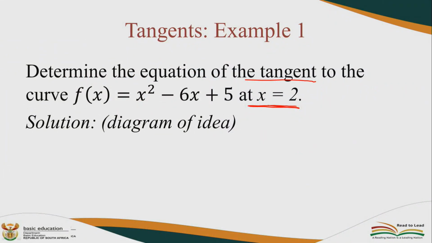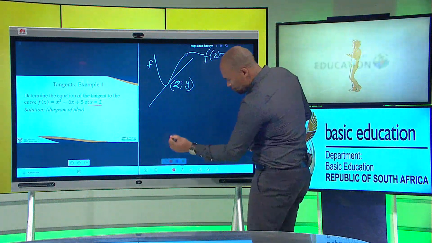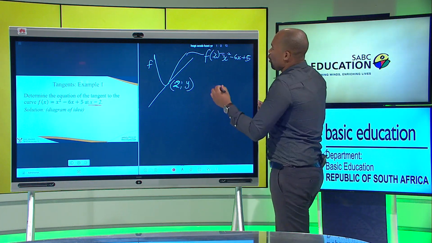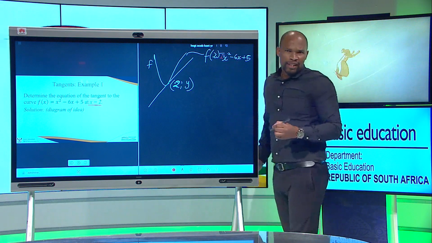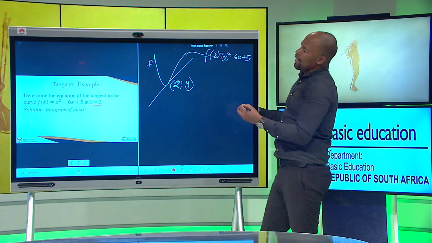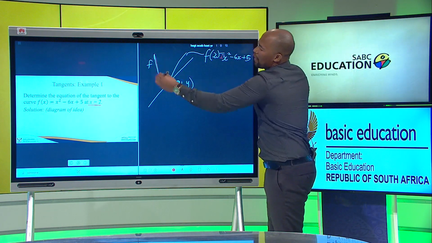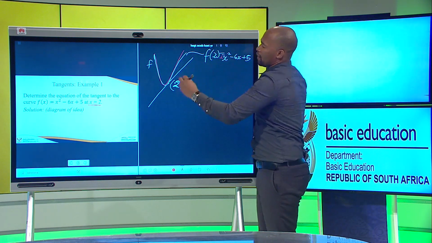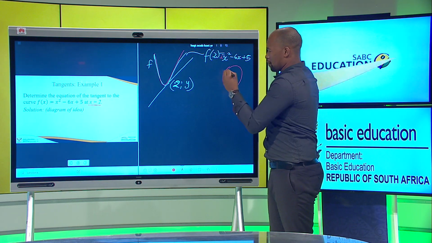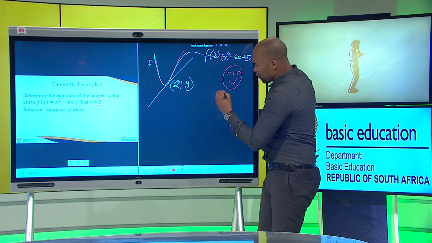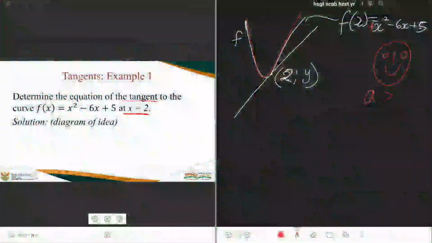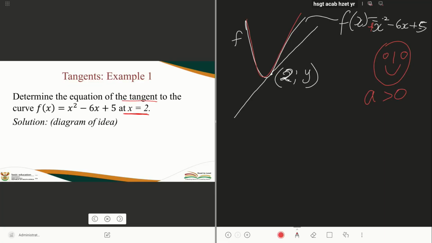Solution. I'm having an idea of a diagram. Going back to previous grades, let's say grade 11, we know that if the value of a is positive, we might have a diagram that is a smiling face, if I can use that word. It is smiling because the value of a is greater than 0. So I might have a diagram